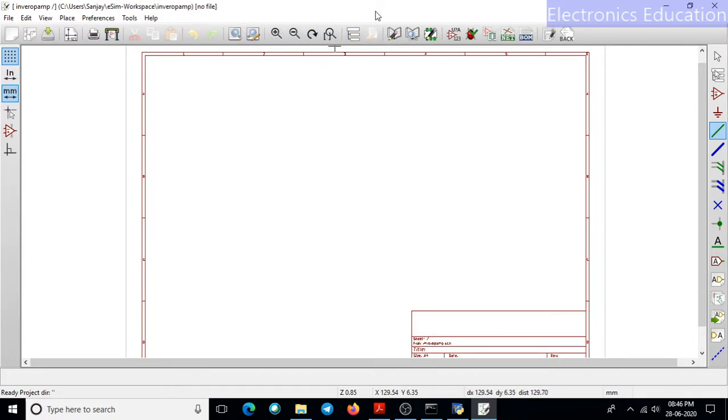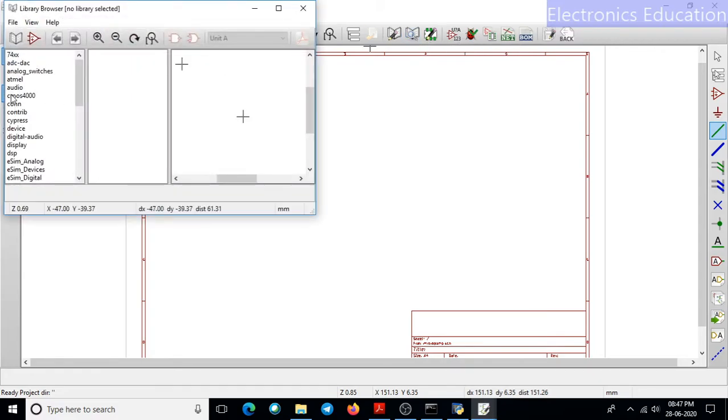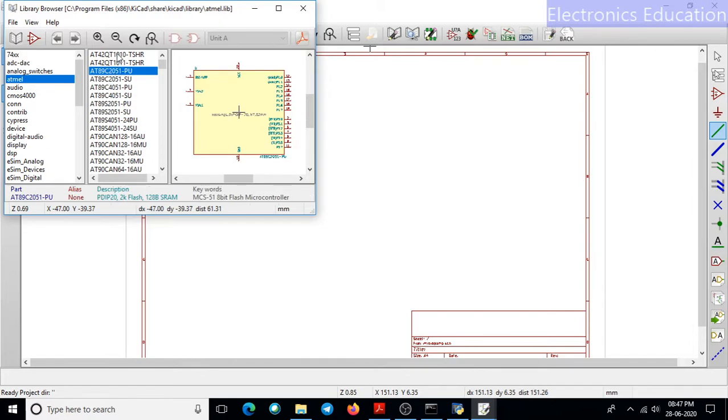These are different buttons, but coming here is the most important part of this software, where we have a library button. This is the library editor. Here component information and component properties can be changed. We have a library browser, so by clicking this, the library will open. In this, we can click on any library part, and in that library, all available components will be shown.